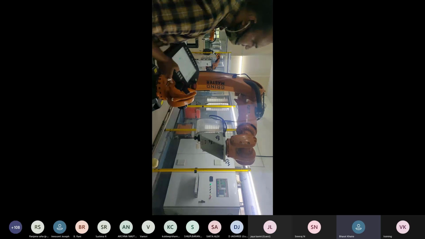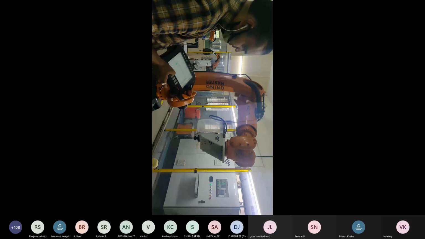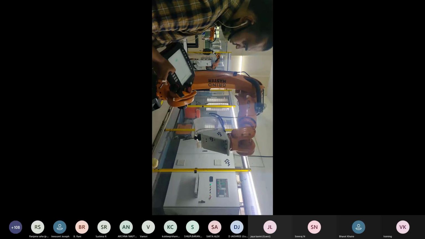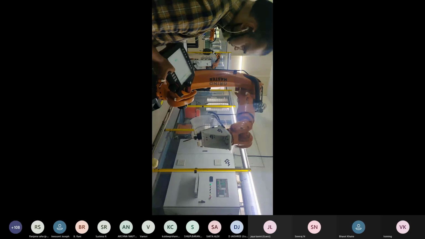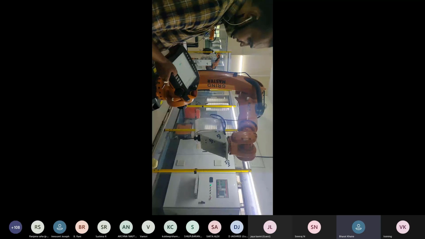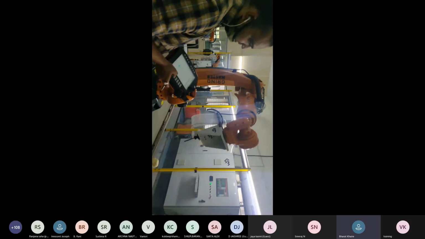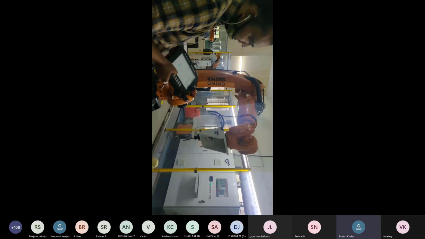The B axis is along the Y axis, and after that we will see the C axis along X. Along the X axis the rotational movement will take place.